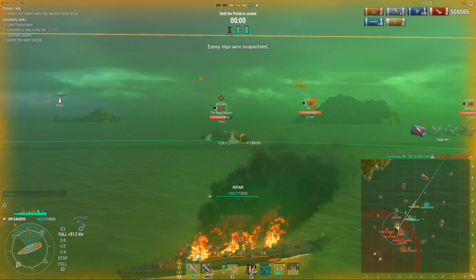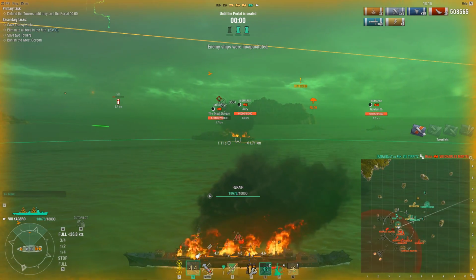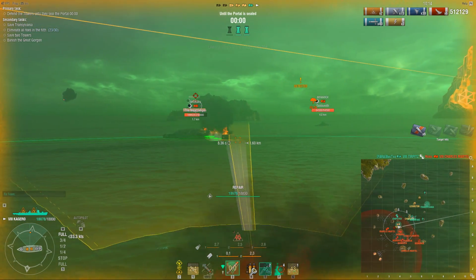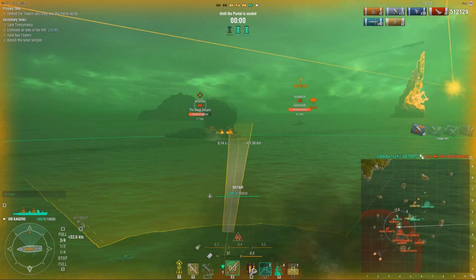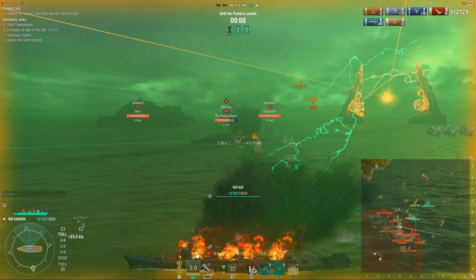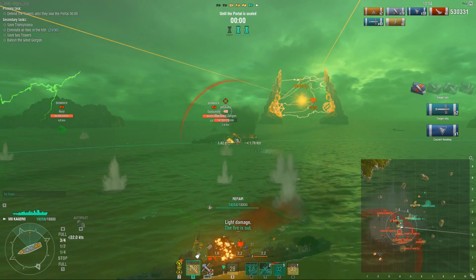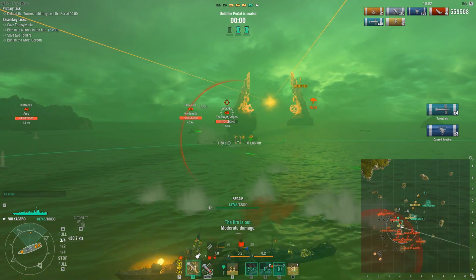And here we see a pretty nice combination of the carrier using the Eclipse ability to break the engine on this Gorgon, just as my torpedoes come up, so I'm able to launch torpedoes at a pretty much stationary Gorgon who's just now accelerating, and I have no issues landing all my torps on him. And you can see I'm sailing around in my battleship's heal aura,